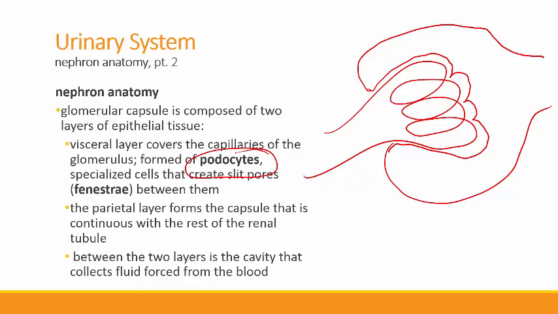In the central nervous system, it was the podocytes that reached out and sealed up the crevices or the cracks between the cells of the capillary walls. And so they reached out, they sealed them up, creating the blood-brain barrier. We see a similar function here, but slightly different. Notice that as the podocytes reach out, they form these crazy branches that make like a mesh that covers the gaps between the capillary walls. It creates these things called slit pores or